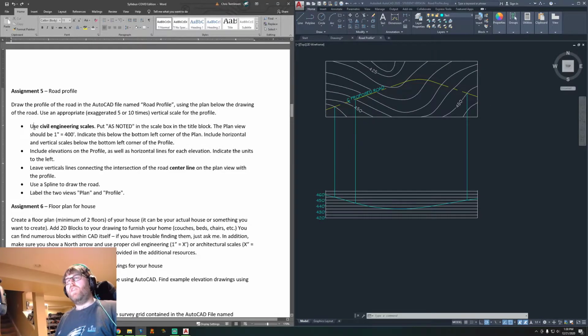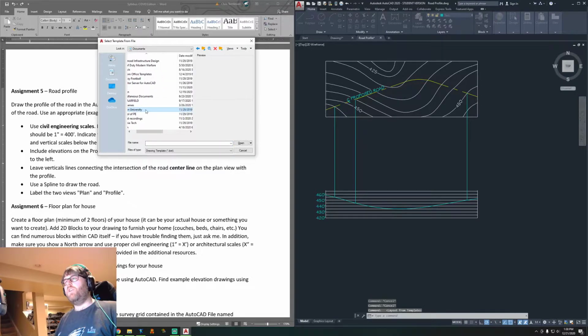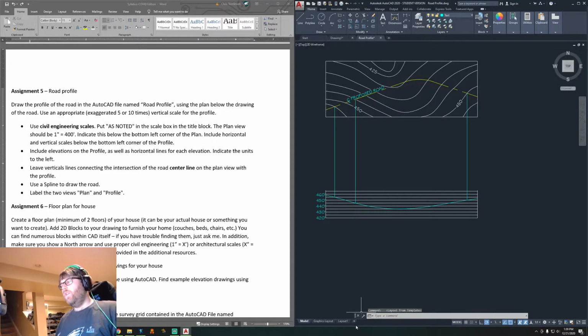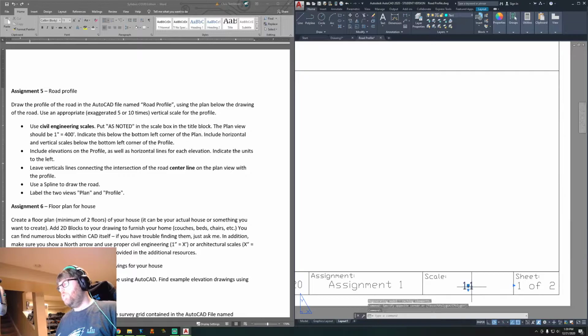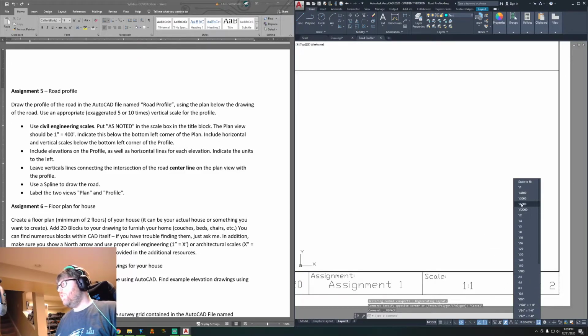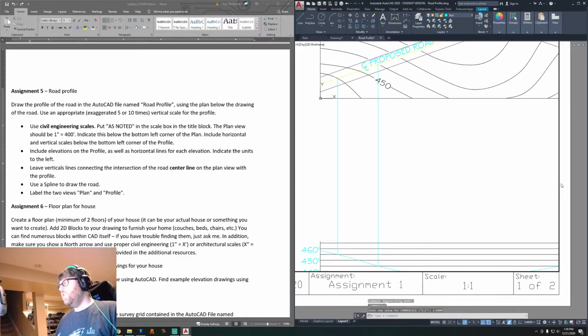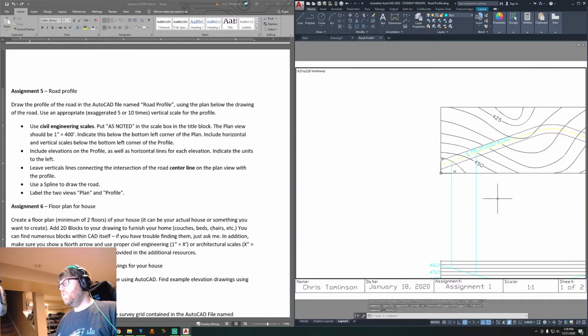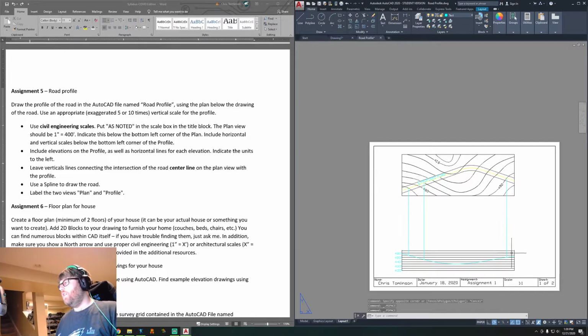And then it tells you to do some other things. So just read these directions. It says in your title block, you're going to put as noted. So it's saying you're going to put as noted here. And the reason you have to do that is because you've exaggerated this scale. You're actually going to set this drawing to 1 inch equals 400 feet, which will be this. Something around there. So the scale is actually 1 inch equals 400 feet, but you're going to put as noted